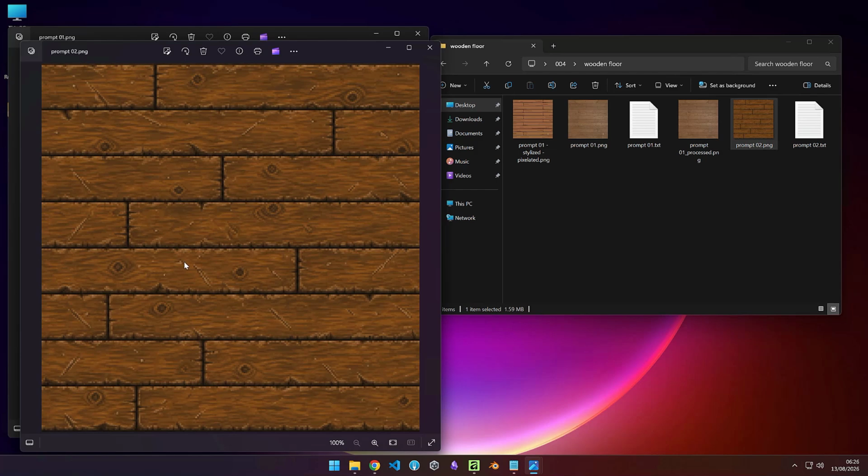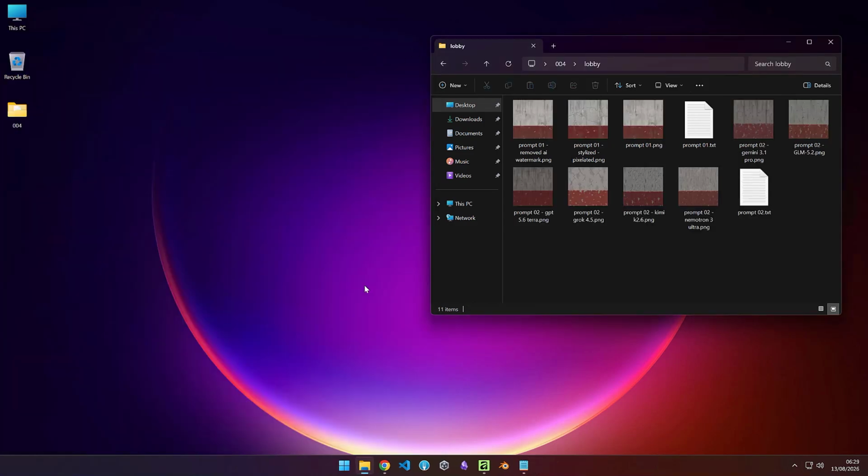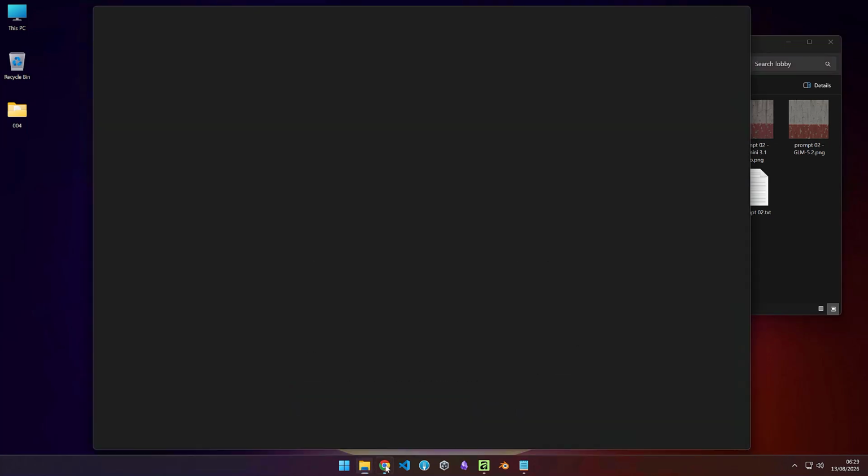If it didn't, we can just grab any free texture from the web. I'm just trying to go with some AI generated stuff this time, just to avoid any copyright stuff. Make it recordable. Sorry for that. So I thought I could show you at least using one of these prompts. So let's bring this